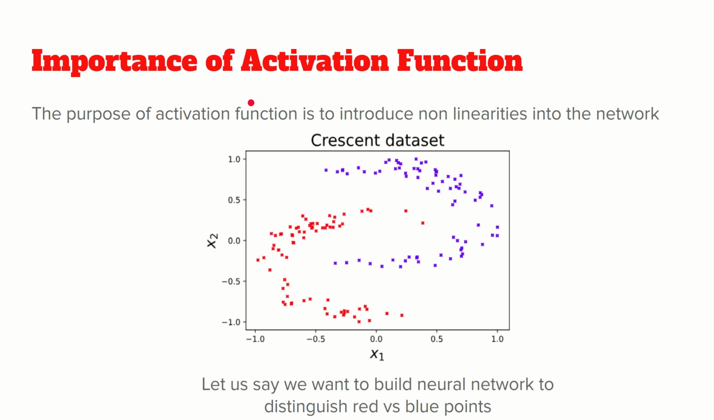Okay, so what is the importance of the activation function? The purpose of the activation function is to introduce non-linearities into the network. I will try to explain this with the help of an example that we have over here. Let's say we want to build a neural network that can distinguish the red points and blue points over here. So basically we want to find a decision boundary that can classify whether a point belongs to the red cluster